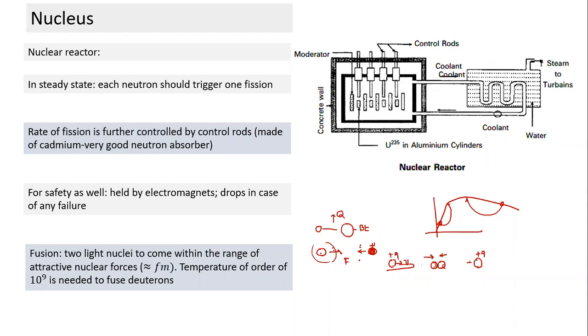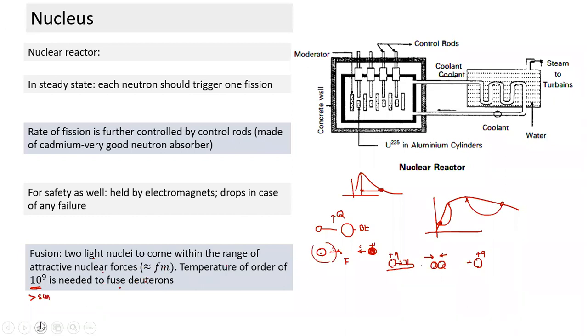What kind of temperature is necessary to make two light nuclei come to a distance of the order of a Fermi? The temperature required is of this order, extremely high, even greater than the temperature of the sun. But we know that even at lower temperatures, the speed distribution is like this. Some of the nuclei have higher than RMS kinetic energy. At the tail, they have velocity much higher than VRMS. So they come this close, they fuse together, they form deuterons, and that leads to fusion energy.